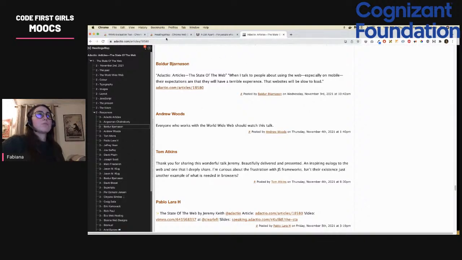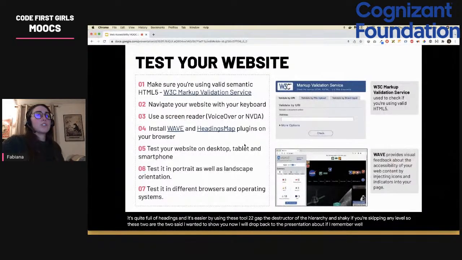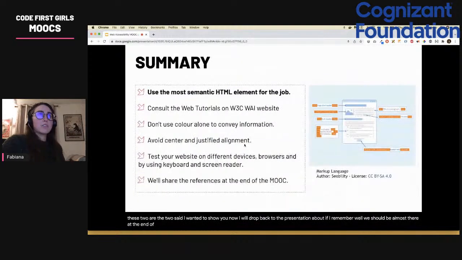So these two are the tools that I wanted to show you. Now I will jump back to the presentation. But if I remember well, we should be almost at the end of the presentation. Yeah, so right, after the demo, the summary of what we went through today